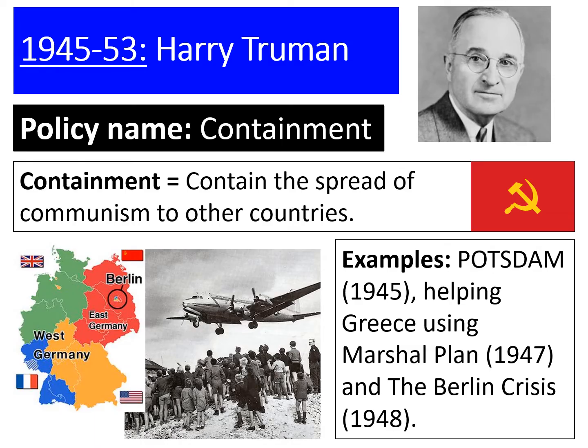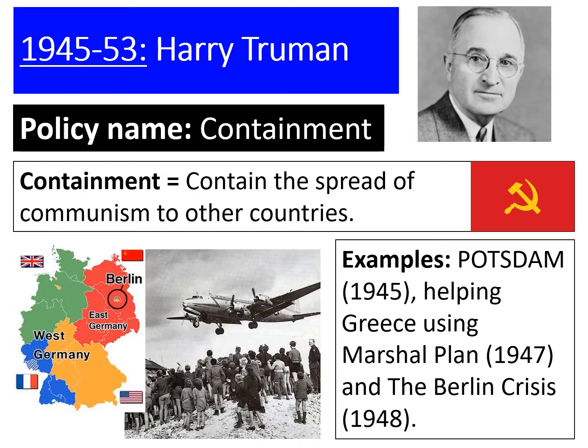The thing that's different about Berlin though is it's right smack in the middle of East Germany, which is the area of Germany owned by the USSR. So it's quite hard to get supplies in and out of the Allied section of West Berlin. What Stalin does in 1948 is he cuts off transportation routes to West Berlin, which means that countries like America can't get supplies to the people in their section of Berlin. What they do is they decide to airlift supplies using the planes like you can see in the photograph.